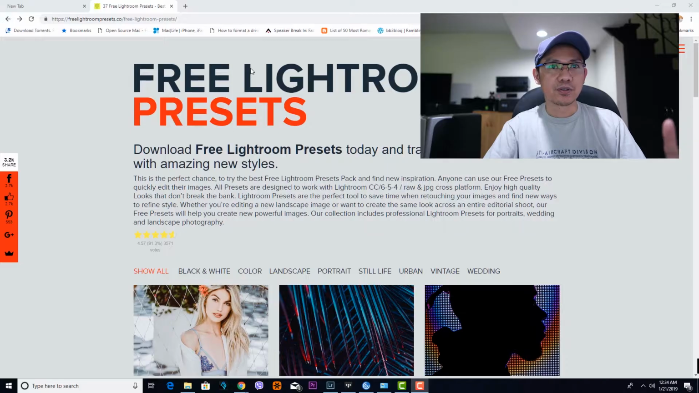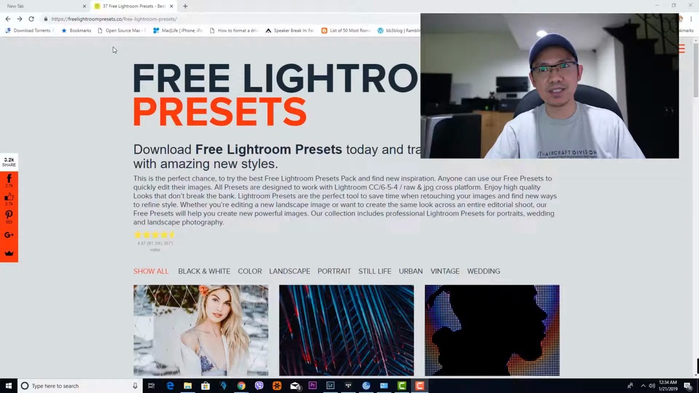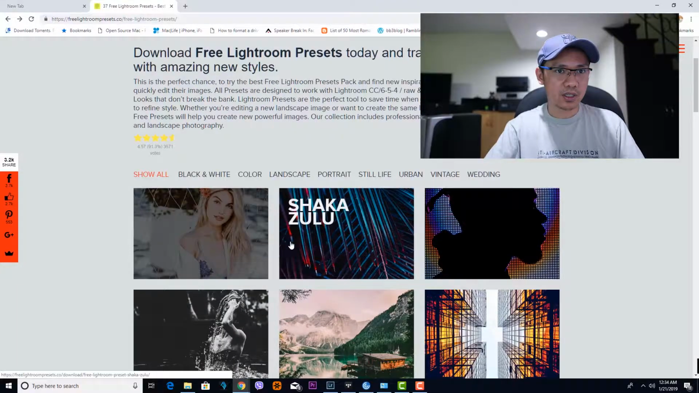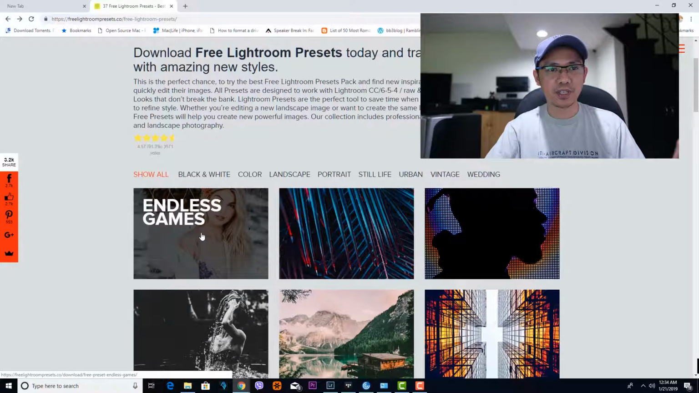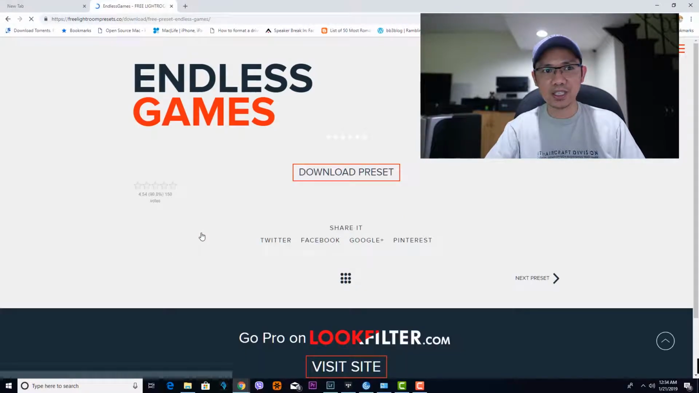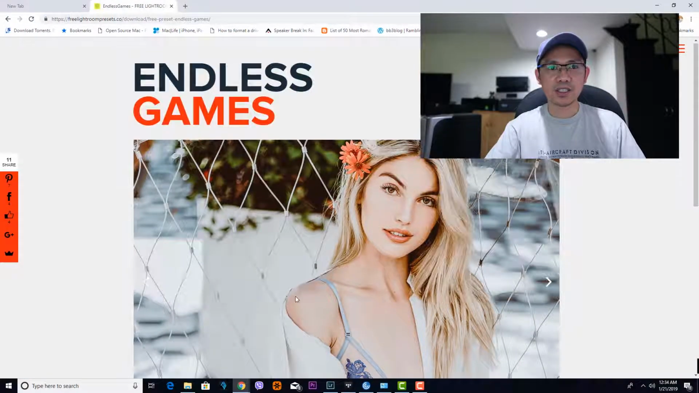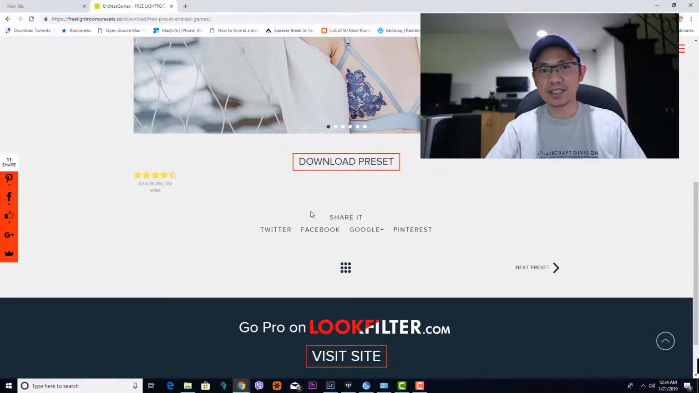If you Google Lightroom presets, one of the best websites where you can download Lightroom presets is Free Lightroom Presets. The website is freelightroompresets.co. You can simply download the presets available from their website. Let's say, for example, if I click on this one, there's a download link. So you can download the preset and then install it on your